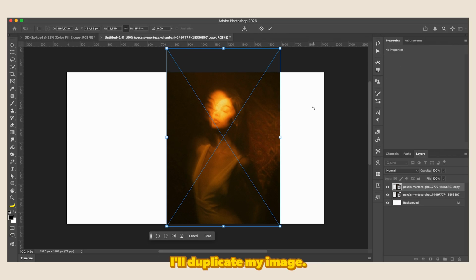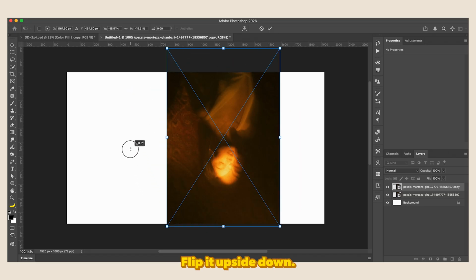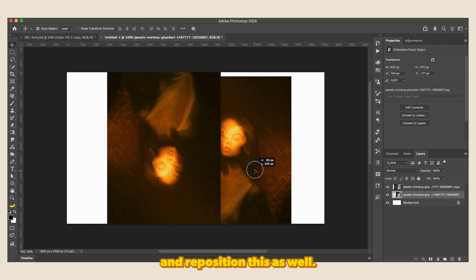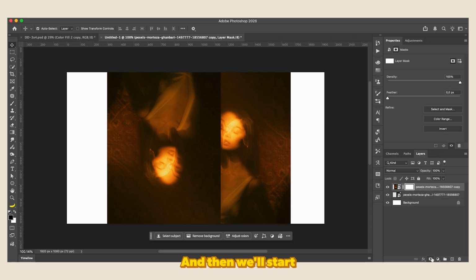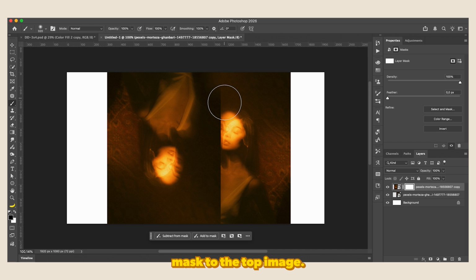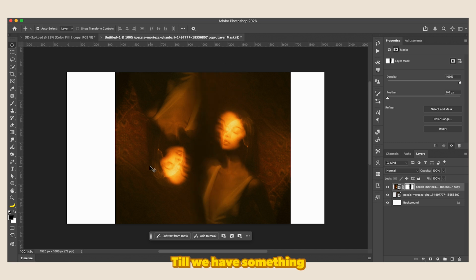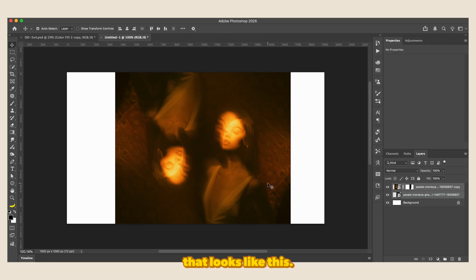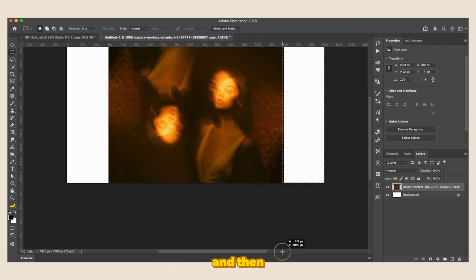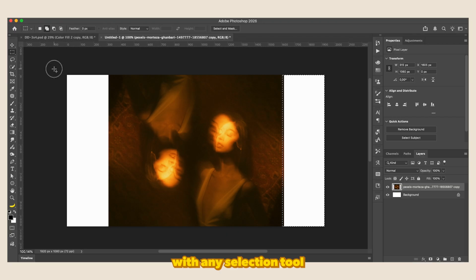I'll duplicate my image, flip it upside down, and then just place it here and reposition this as well. And then we'll start fixing the background. I'm adding a layer mask to the top image, just removing this background part till we have something that looks like this. I'll merge these two layers together, and then with any selection tool, just select the sides that are